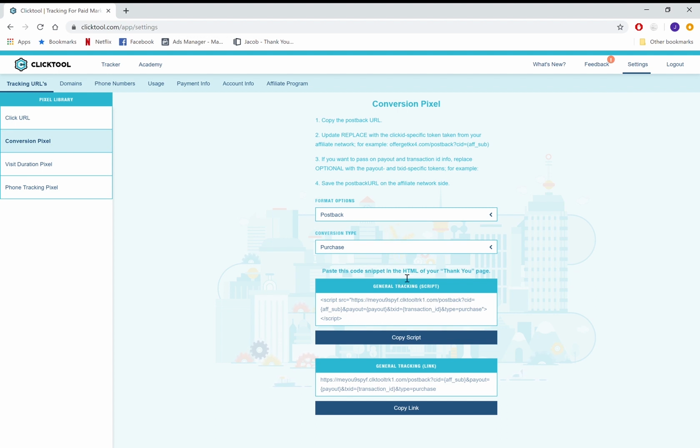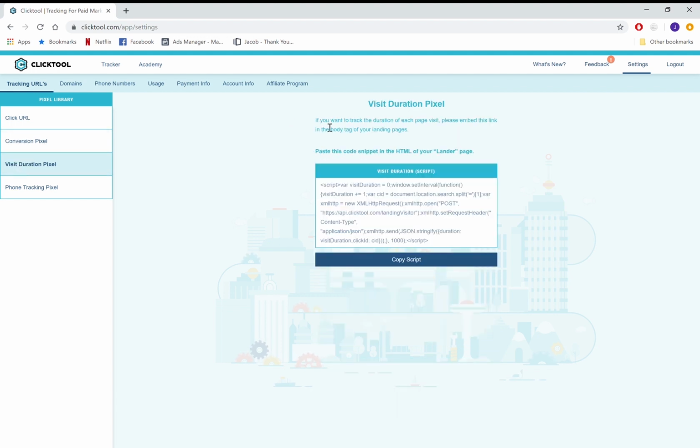All right, moving along, we have the visit duration pixel. This is more of a specific type of pixel that doesn't fit under normal conversion pixels because it's not a binary yes or no. It's not either firing or not firing. A visit duration pixel has to do with the length of time that your customer spends on your page. So you're going to want to embed this in your pages, and it's going to be pretty much just a little secret timer that's going to time how long your customers are on any one of your pages. And this is an incredibly valuable pixel to have because